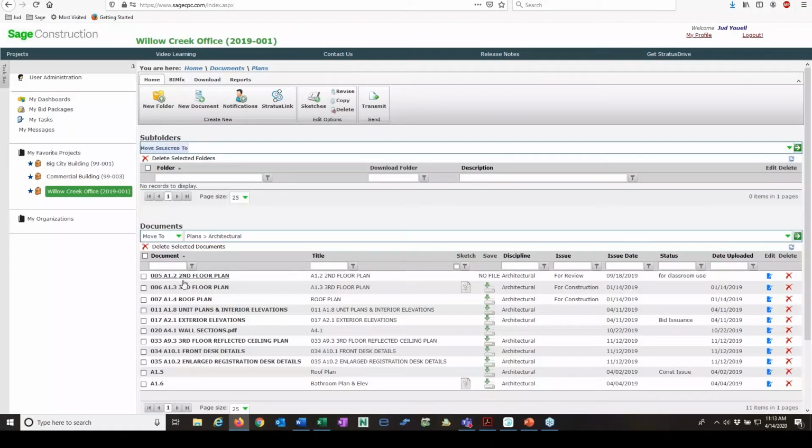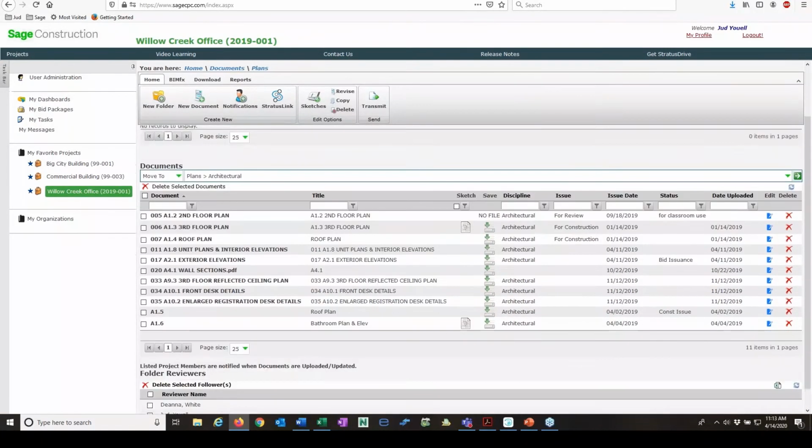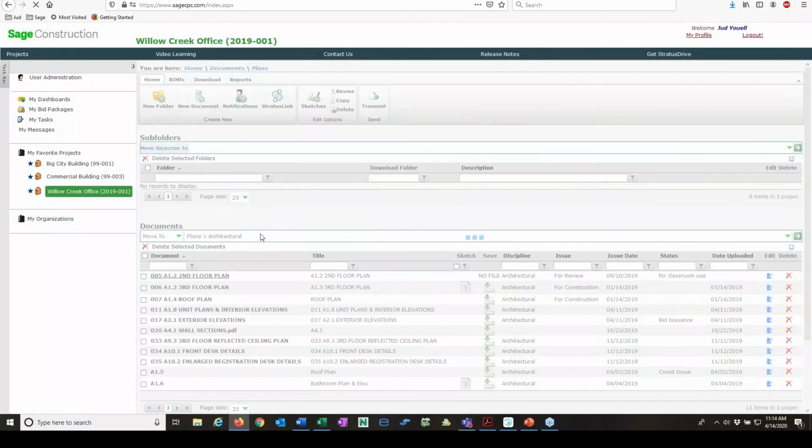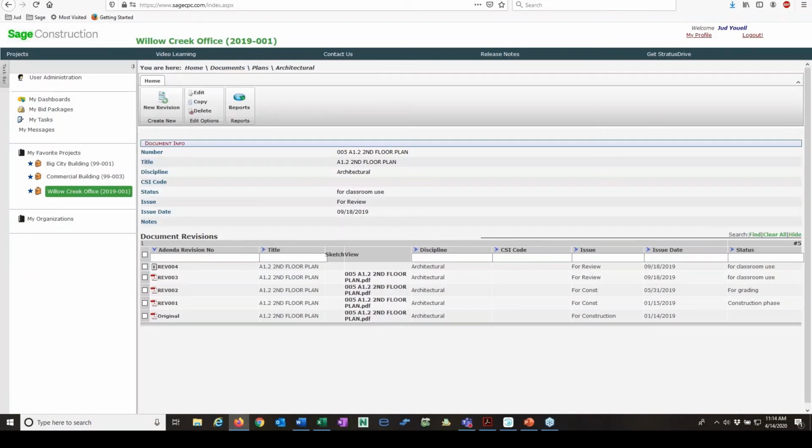And so these, I've already uploaded these into the system. If I look at this second floor plan, I can see here is the background or the history of that second floor plan. You can see that the original is down here, and then I've got 1, 2, 3, 4 revisions to that original. The latest revision is always stored on top, and so I can still get to those other revisions